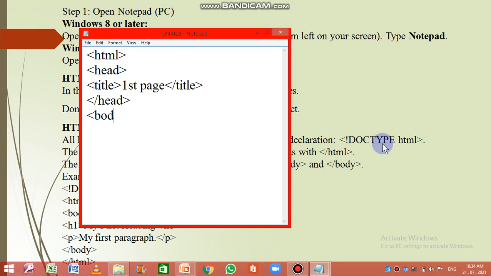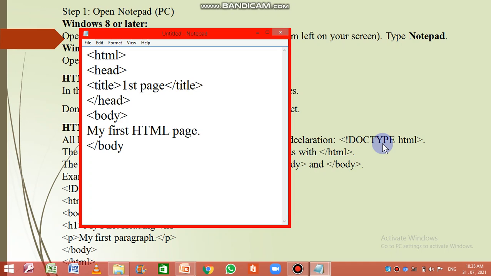Body start, and inside body suppose I write here, my first HTML page. Close the body.